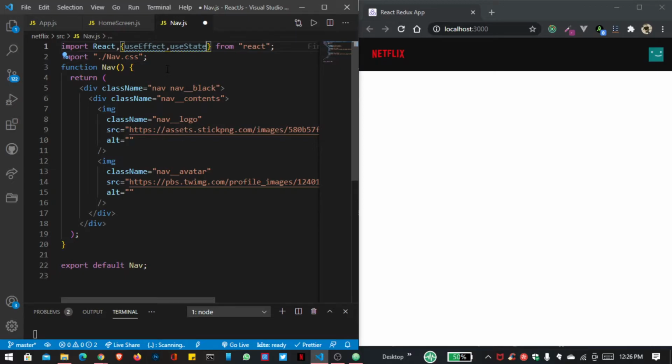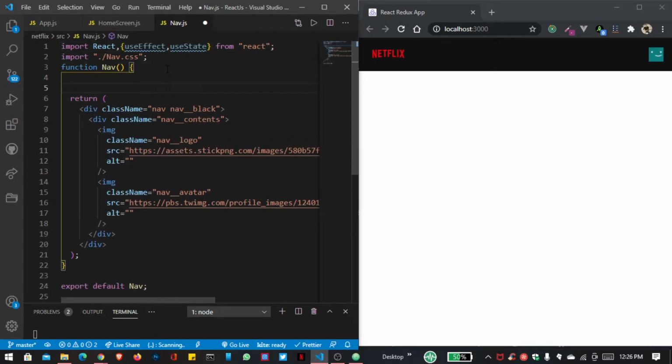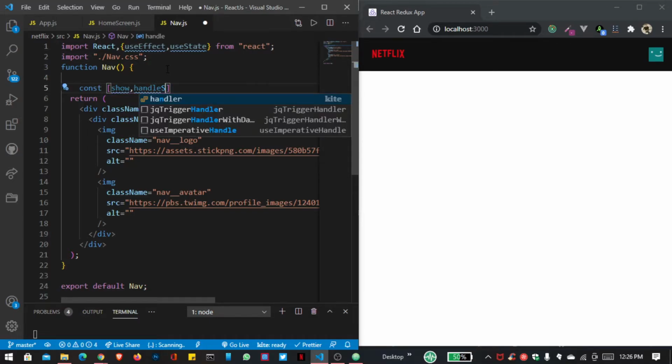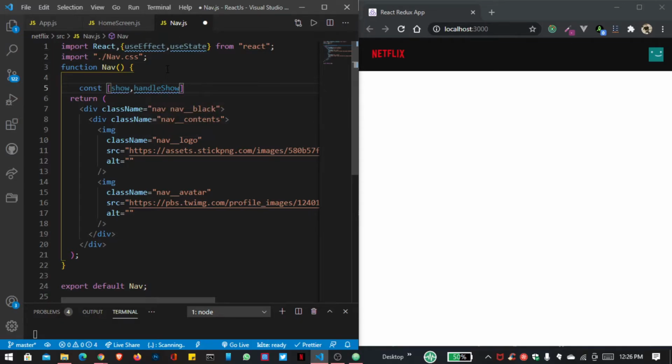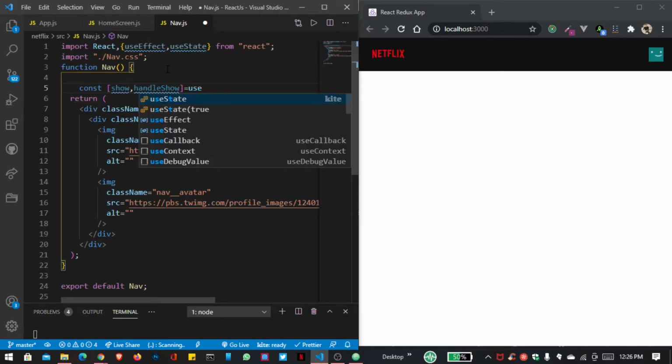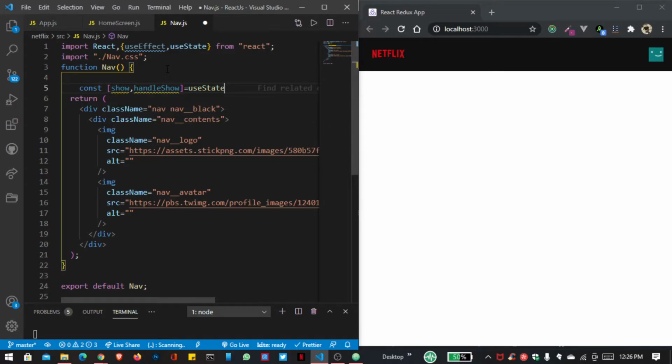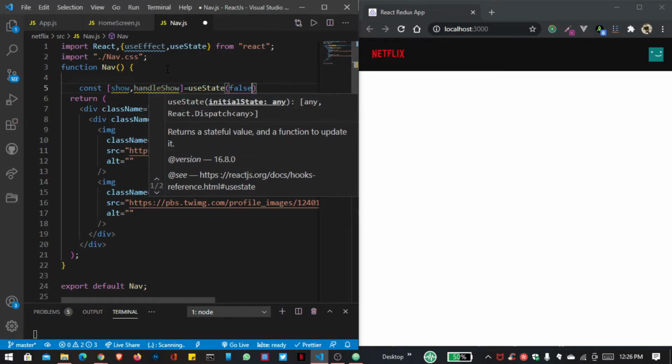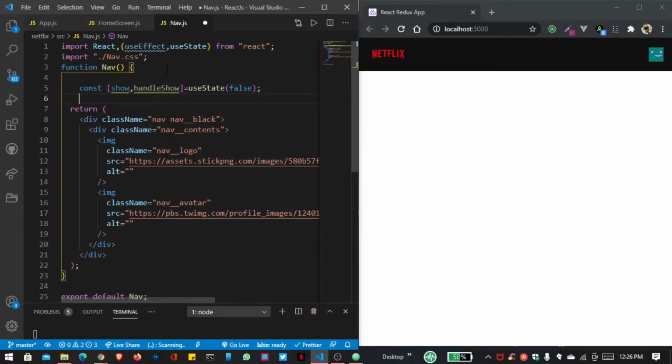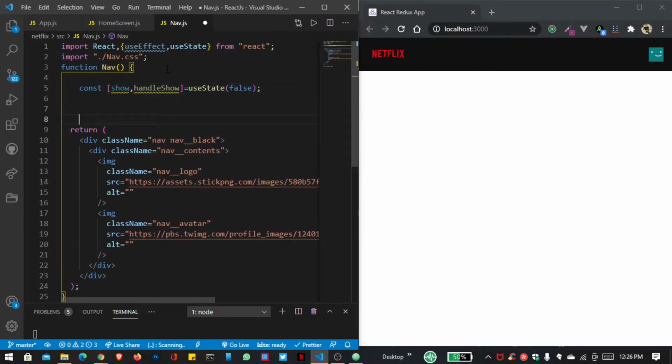So first of all, inside this navbar function, let us create our show and handleShow. These are two variables that we created using React hooks, and by default I want to write here false, and I want to create a new function for our transition. So the name is transitionNavbar,